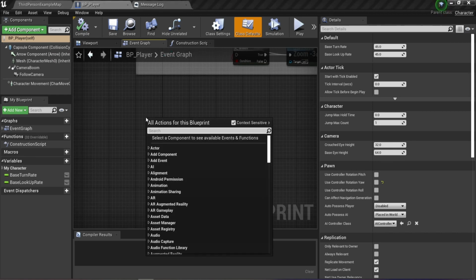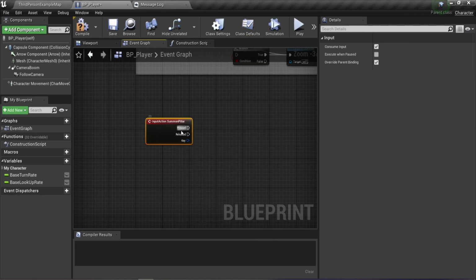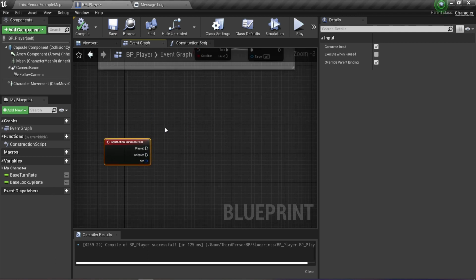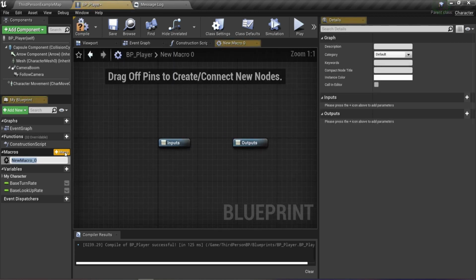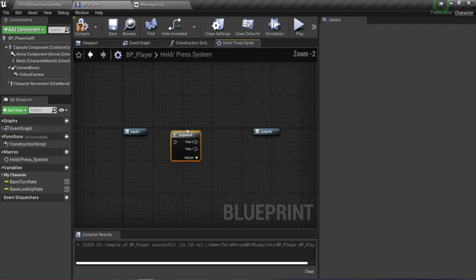And the next thing is we just need to type summon pillar, or any name that you have named it, from the input there, and compile it and save. So the next thing that we are going to do is create a macro here for the system. So create one here, and we just name it hold press underscore system. Or you can name it any name that you want, but the keywords will be hold and press. And we need to create two sequences here